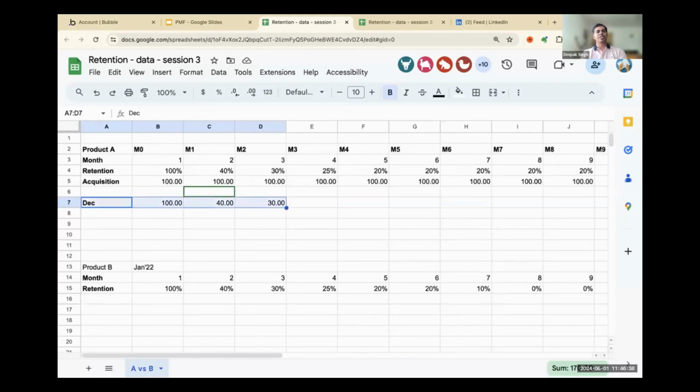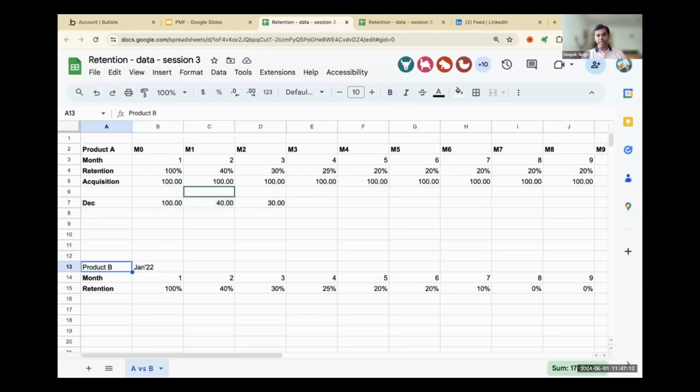The beauty of retention is that long-term retention flattens at 20% and you are acquiring new users every month, so 20% will keep getting added to the monthly active users, right? And you can do this exercise at home after we are done with this session. But the point is flattening retention is not just a sign of PMF that people are using your product again and again. It's also the precursor to sustainable growth. You are actually growing as long as you are acquiring customers, right?